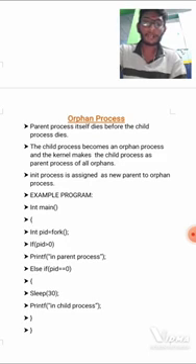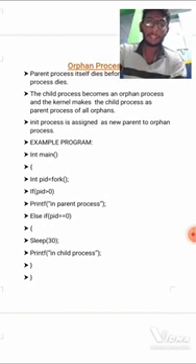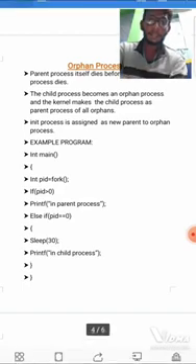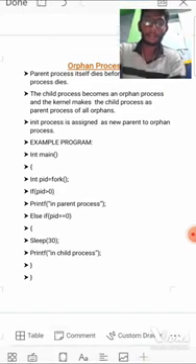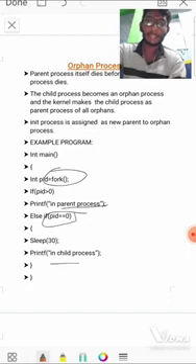The following example demonstrates the orphan process. Int main, open brace, int pid. We already know about this fork. When the process id value is greater than 0, it is the parent process. If the process id is equal to 0, it is the child process. Here if pid is greater than 0, then the parent process will execute.